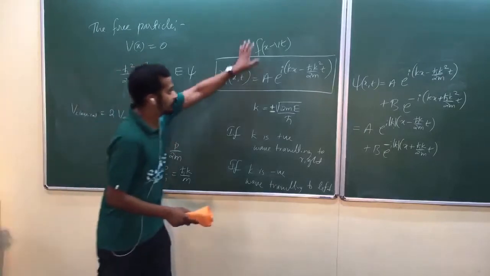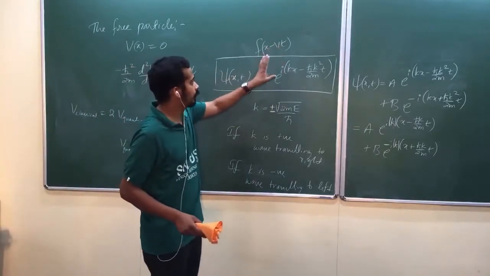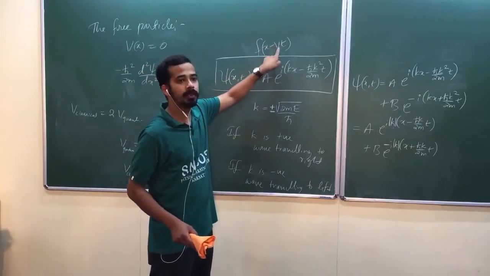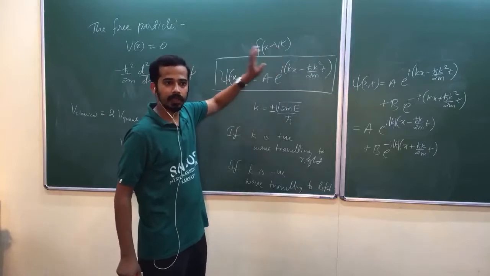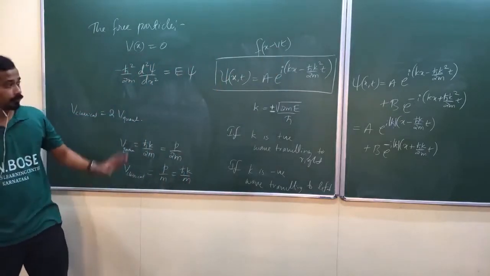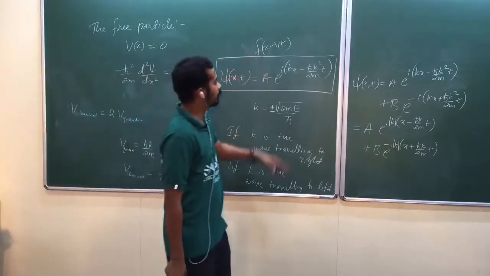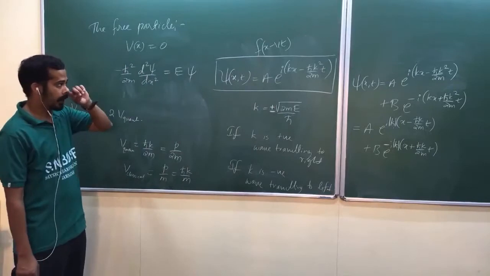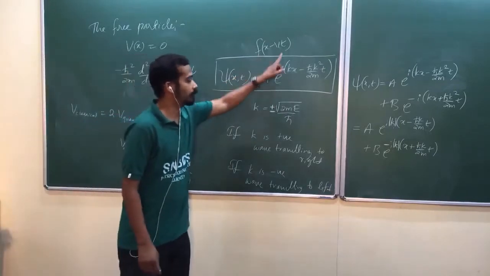You have to feel like it's a function of x minus vt, okay? Or if you write in terms of x minus vt, whatever here, that will play the role of velocity. Let me explain in electrodynamics, electromagnetic theory, how this whole thing represents a wave traveling, a traveling wave. Right now, just remember this fact.